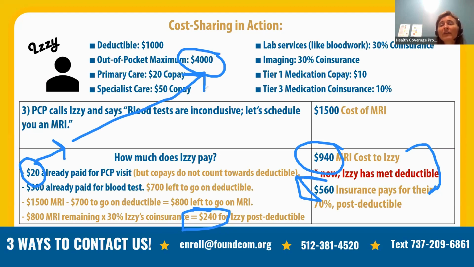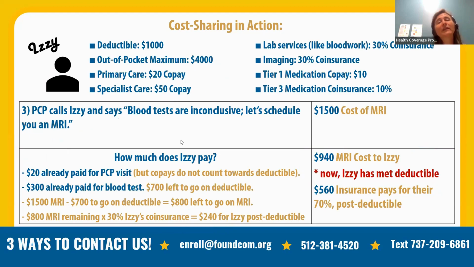Now, hopefully that would never happen. Hopefully people don't meet their out-of-pocket maximums. If they do, the insurance company has to cover them 100% for the rest of the year. But if they don't, then that's good. Then that means that they didn't need any more medical care after that MRI. Maybe they sorted out the thyroid problem with the medication after they looked at the results of the